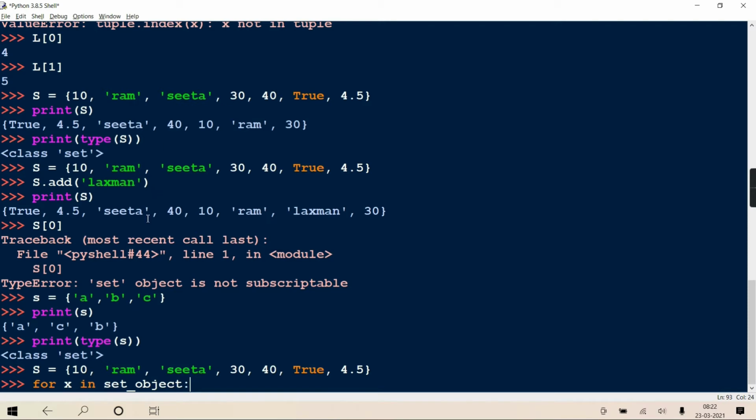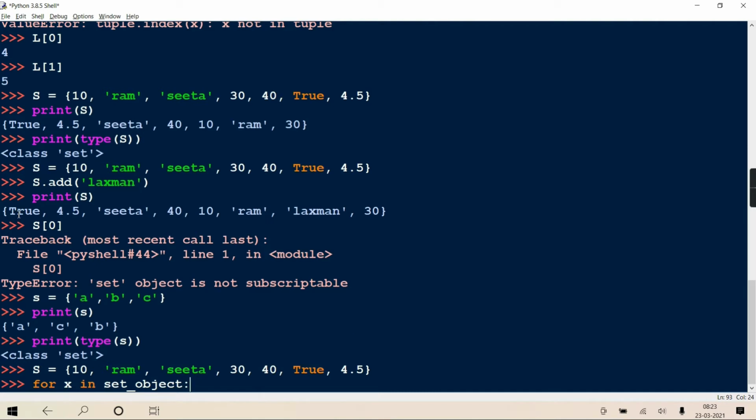Every time it will retrieve one value from the set object and copy it in X. Here also a magic method, double underscore next double underscore, is called. We don't write it because we know implicitly that the magic method is going to get called, and it will keep returning the next value, but not in the sequence in which you have given it. It will give it in the sequence in which it is getting stored.